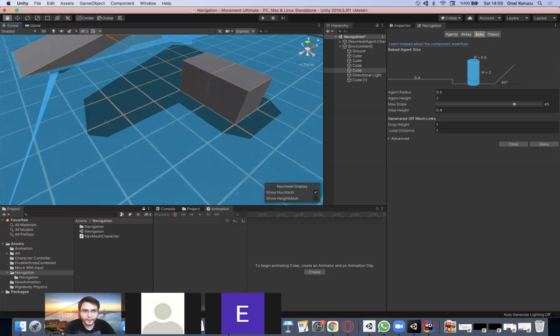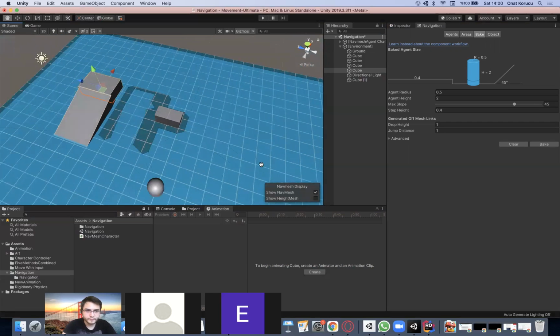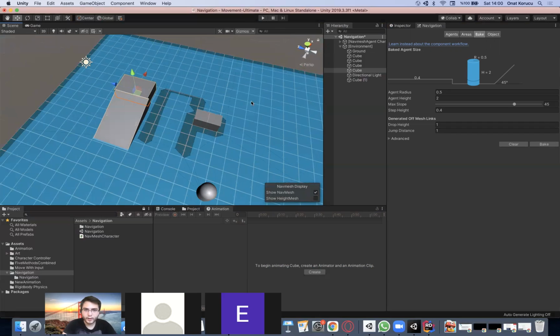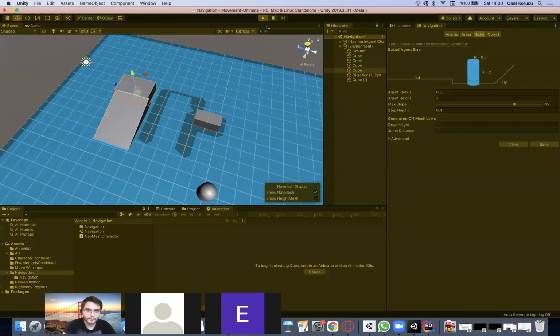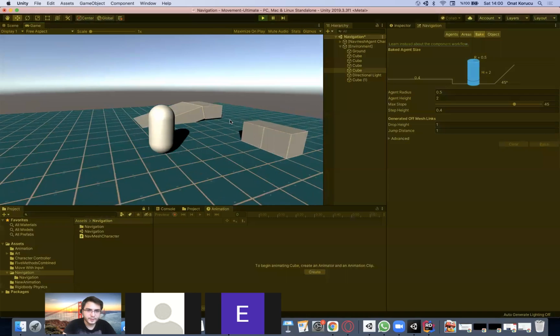Since I have disabled static, for instance in my code, these two could be pushed by other objects. For instance, some car would hit this wall and move it around. But the problem is the navigation mesh is cooked here, and it will still behave as a walkable path. So if I click here, for instance,